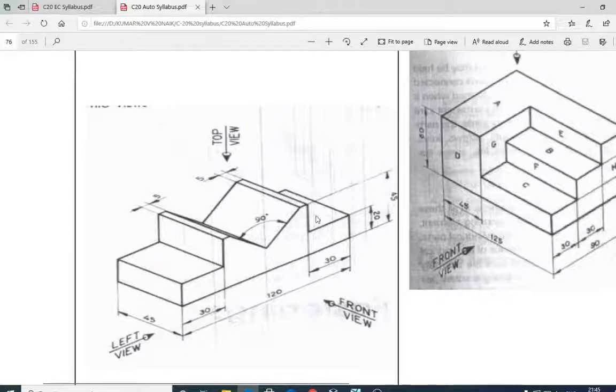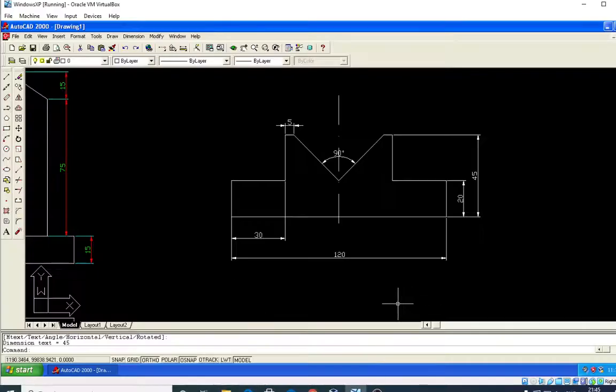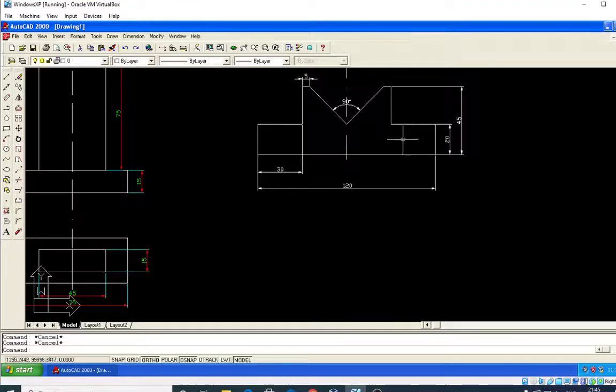All these will look like a rectangle only. So therefore straight away, what is the width? 45 is the width, correct? So I will make an offset of this because the length is 120. Offset around 40 mm. I will offset it, 40 mm offset.